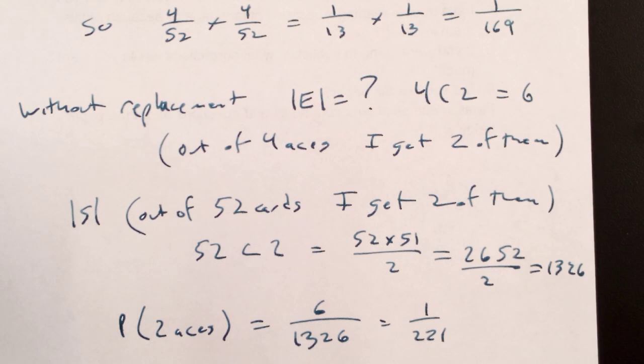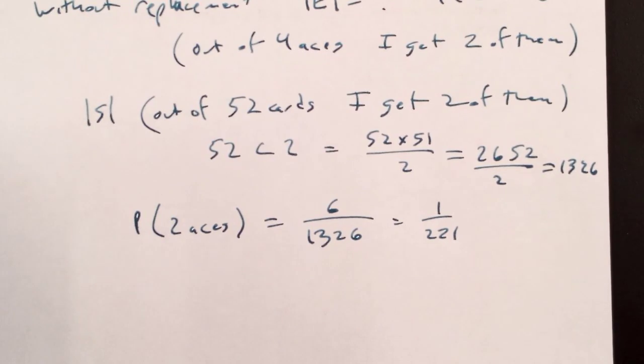Let's say that I did it the other way of doing 1/13 times 3/51. I got the same answer. I got 3/663. But let's figure out why that version works. Yes. Why does that version work? I took one out of the 4 aces and one out of the 52 for that ace.